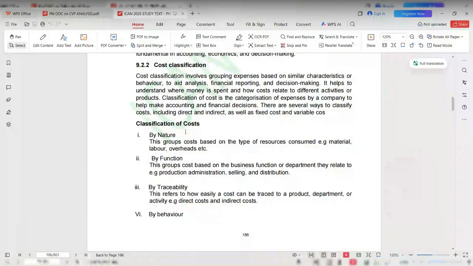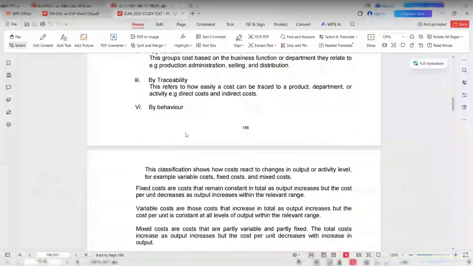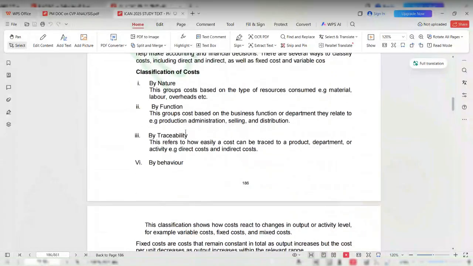All right. We can classify cost according to its traceability. This refers to how easily a cost can be traced to a product, department, or activities. Underneath it, we have direct cost and indirect cost. And don't forget, you should remember this. You see that they are not giving you details again. They are not giving it to you in details because they assume that you must have known the meaning of